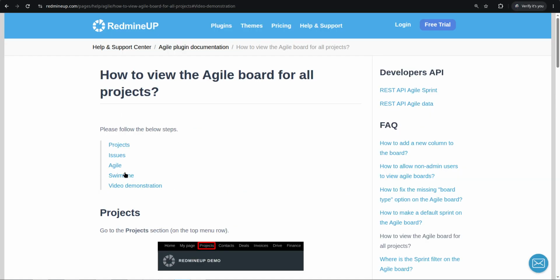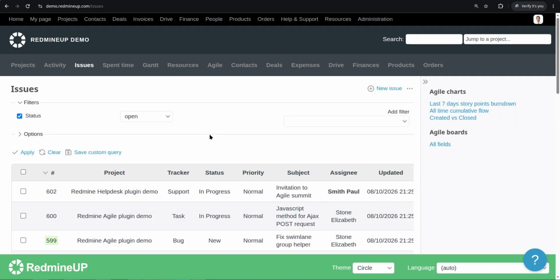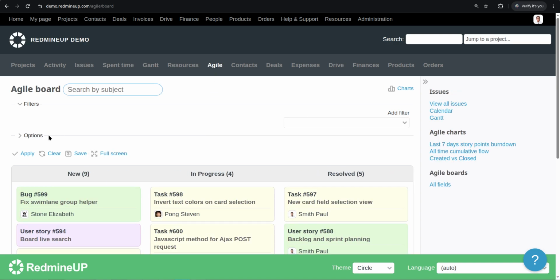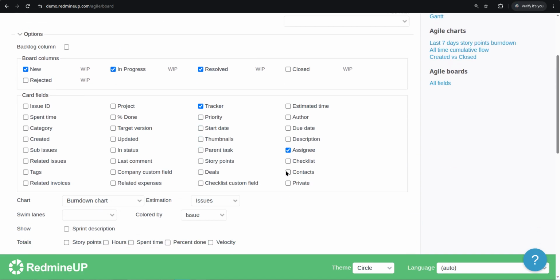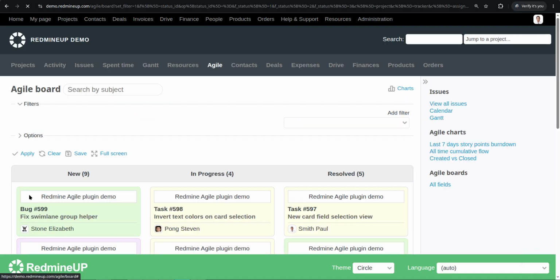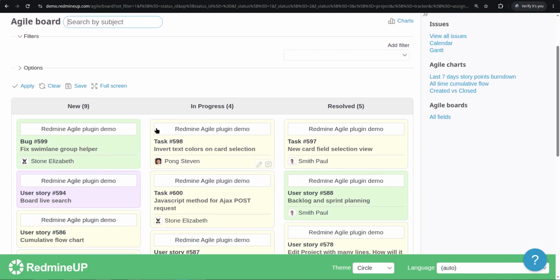Now the next step is that you have to open the Agile board. This is a global Agile board that is actually going to list all issues from everywhere in Redmine. Okay, so we click Agile now, and if we expand the options here and click on the project card field, just to see where it is. Here it is, project card field. Click on apply and see that we have the project here listed on the top of the ticket, okay,